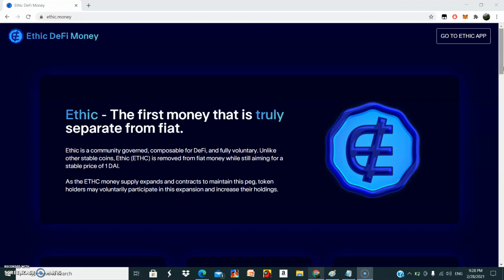So I'm going to be explaining how Ethic DeFi money works and how the DApp works, how to deposit the tokens in the DAO and how to deposit the tokens in the LP and where to find the Ethic token. So let's start from